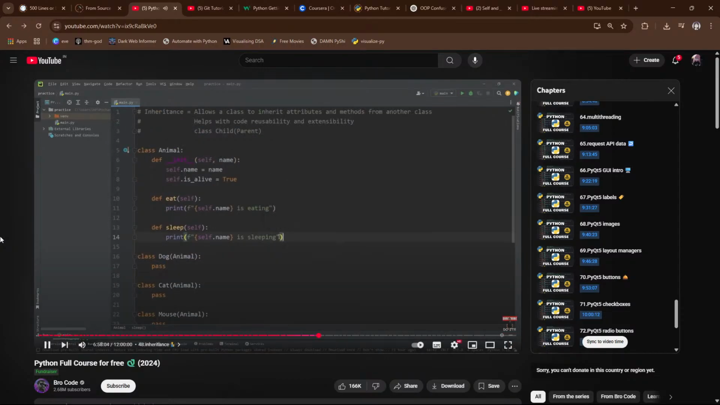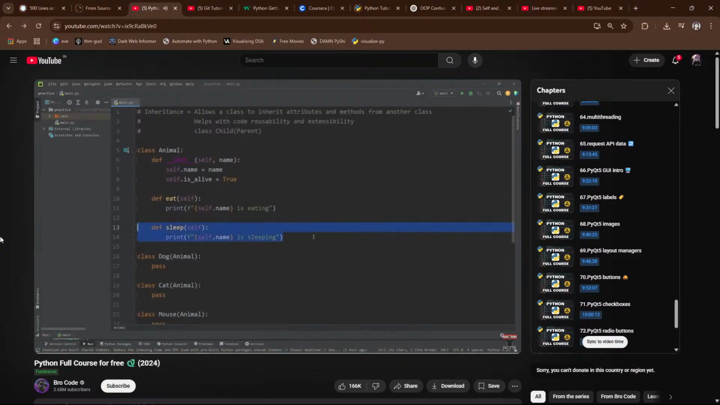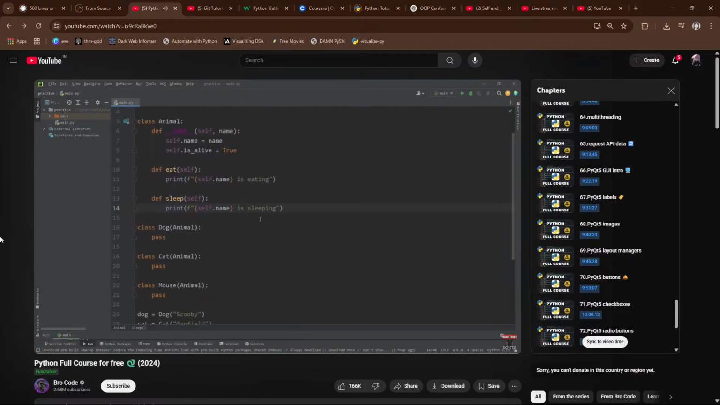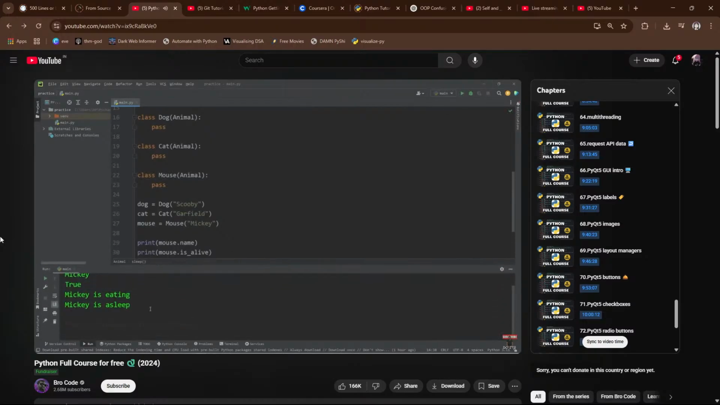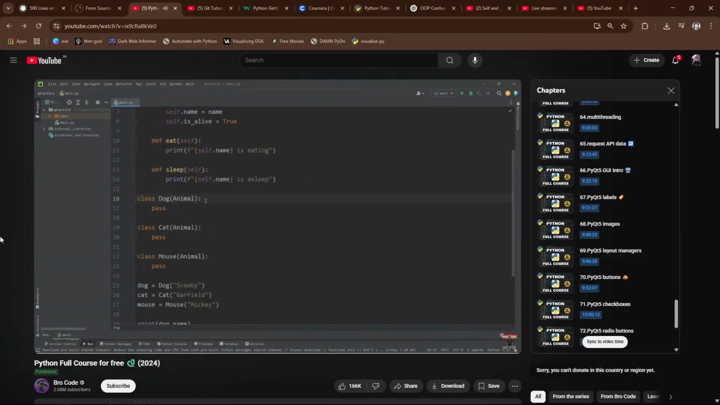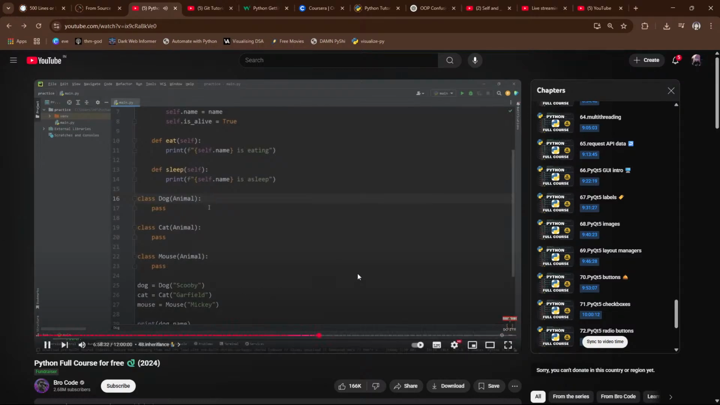It's a lot easier to write the code once and then reuse it, and I only need to make that change in one place, rather than make that change many times. So let's change isSleeping to isAsleep, and see if that works again. Mickey is asleep. Let's replace mouse with dog. Scooby is asleep. Not only that, but with children classes, they can have their own attributes and methods that are